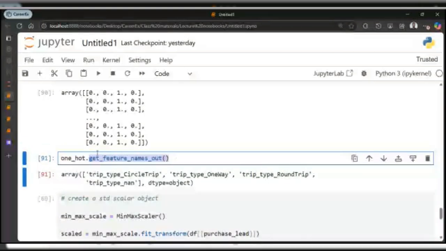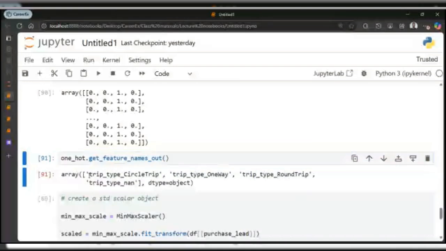You can see here that we used one-hot, so this is our transformer object. Internally, it has some attributes or functions that will give you some value. One of them is get_feature_names_out. So this is what we're going to have here: trip type cycle, trip type one way, and so on. It has 4 of them here.